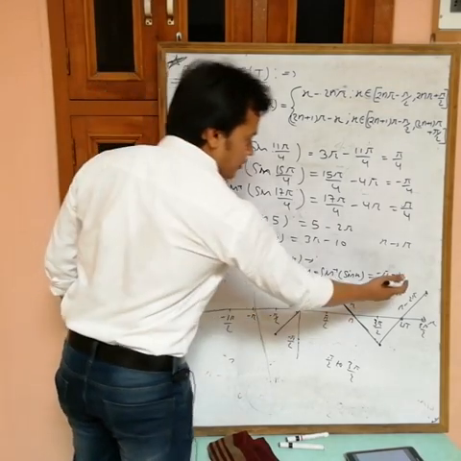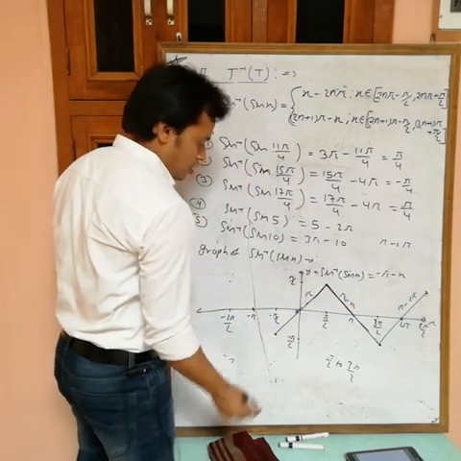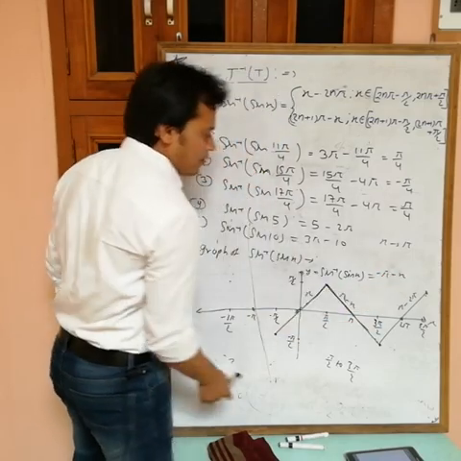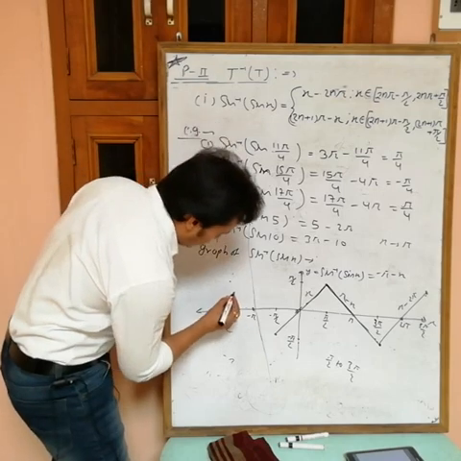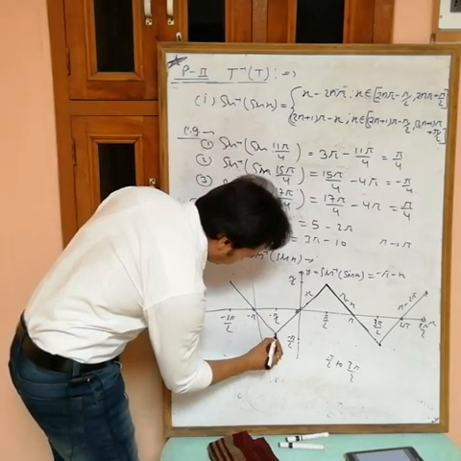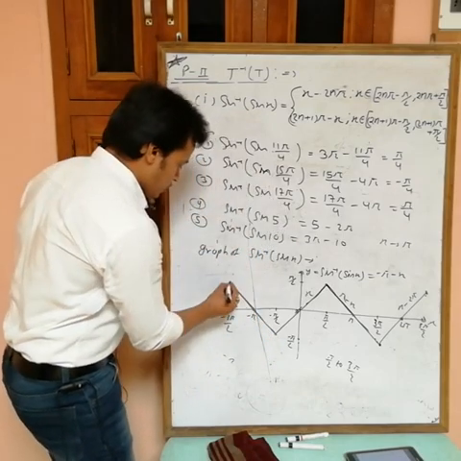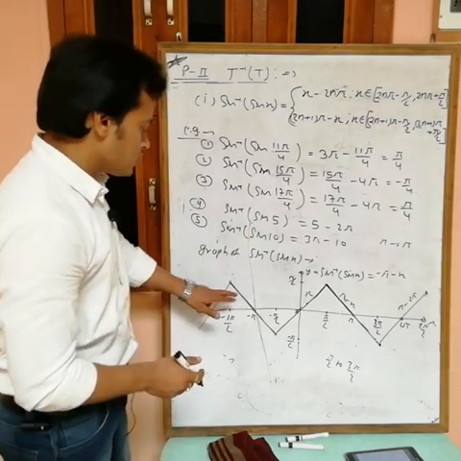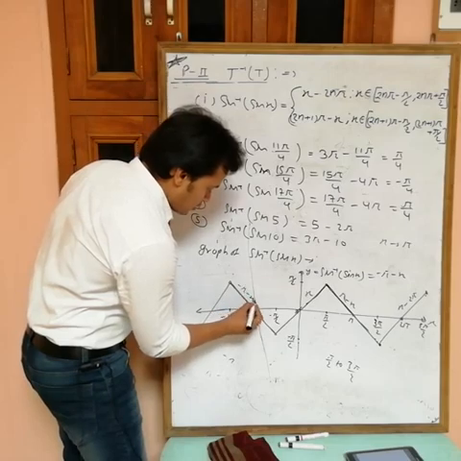Now put minus pi. Minus minus pi is plus pi, cancels out, 0. Now put minus pi by 2. Minus minus is plus pi by 2, plus pi by 2 minus pi is minus pi by 2. I am putting values in this one. So again if you join, you will get a graph like this one. So this is the graph of sine inverse sine x. The equation of this line is minus pi minus x.